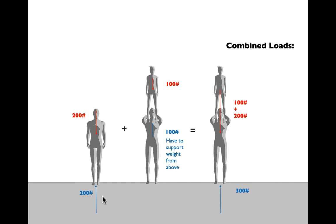This vector is based on the capacity of that floor's material and the shape of that floor to build up a resisting stress, right, to build up a compressive stress that's equal and opposite to our weight. So 200 pounds down, 200 pounds up, we are in equilibrium, right? We're not going anywhere. If we put someone on our shoulders, right, say someone who weighs 100 pounds,